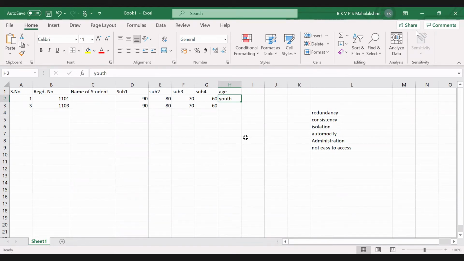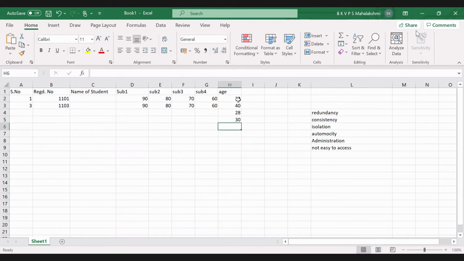Ma'am, I didn't get the question. If I asked you to enter the data here, each student's data, the values of the age: maybe for the first student the age is 22, the third student's age is some 40, the next student maybe 28, and the fourth student's age is some 30.